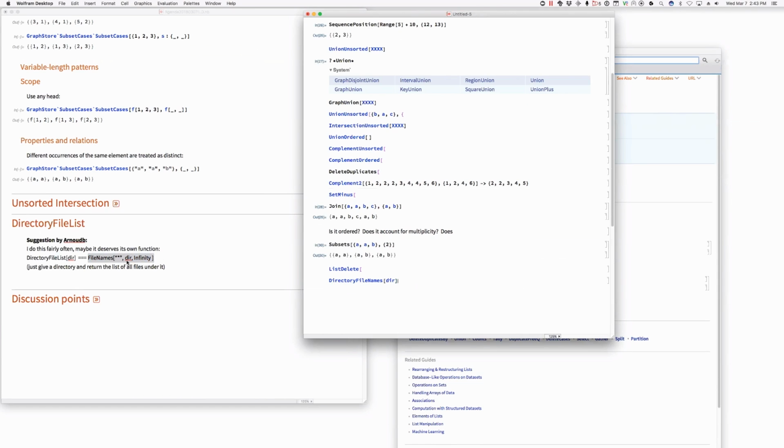Well, I don't think it's a list of all files under it. You really want infinity there? I wouldn't have thought so by default. I think you just want a list of the files in a given directory. It's the analog of file names. I mean, it just has different defaults from file names. Instead of having a star there,